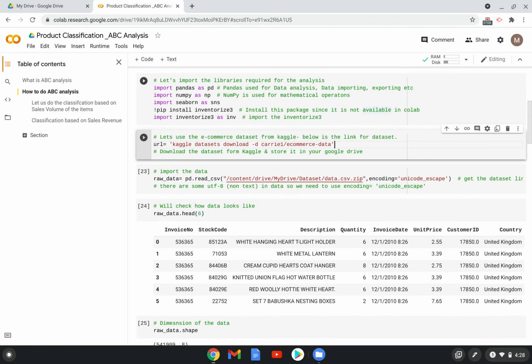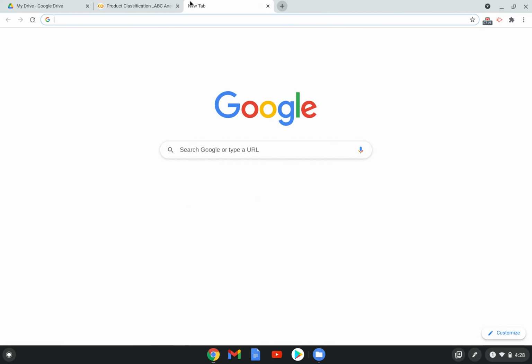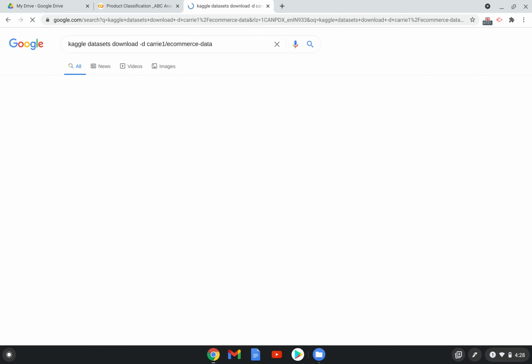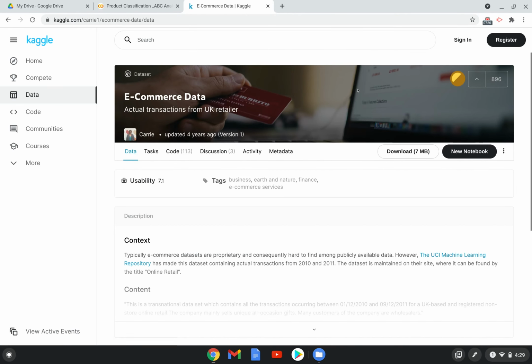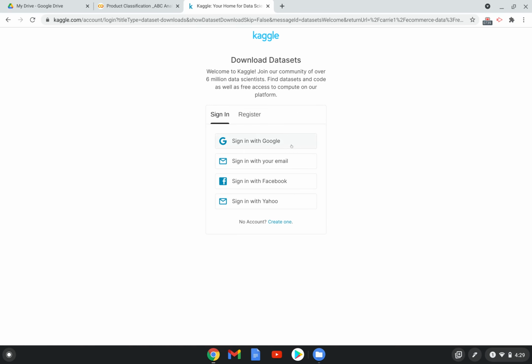When it comes to the data set, let's download this data set from Kaggle. Right. So this is the URL, guys. You can just do a Google search, and it will take you to the source of the data. Just click on this, downloads the 7 MB thing. It will get downloaded. Then I have already downloaded it. If not, I can just download.